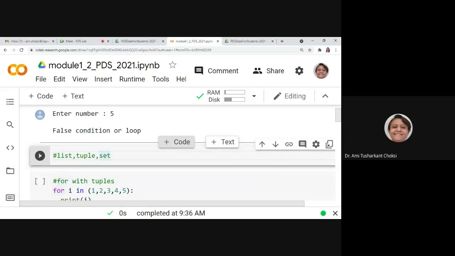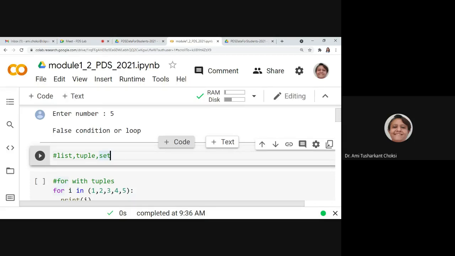For list, it is in square brackets. For tuple, it is in parentheses. And for set, it is in braces. In detail, we will see. Here, I just want to show you that we can iterate the tuple or list or set with a for loop.